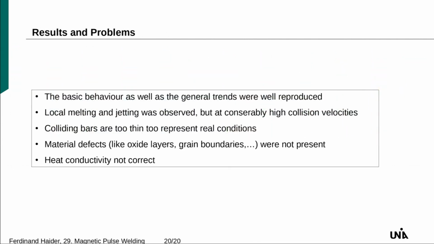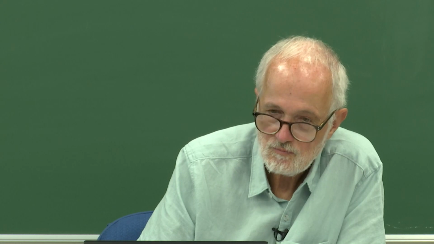Okay, so that's a summary of this study. The general trends are more or less well reproduced. So that's already nice. So this local, perhaps I should not call it melting, but local destruction of the crystal structure was observed. And the jetting was observed. But at somewhat higher collision velocities. I think that's mainly because of this mistake he made about the velocities. But then the simulation has three further